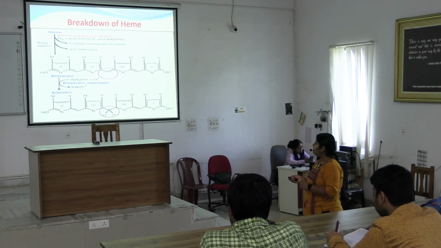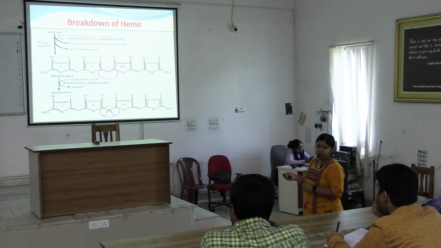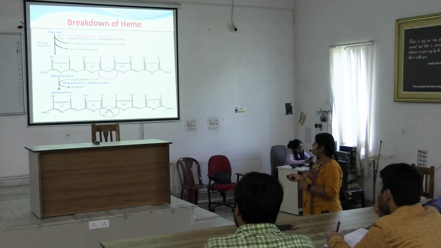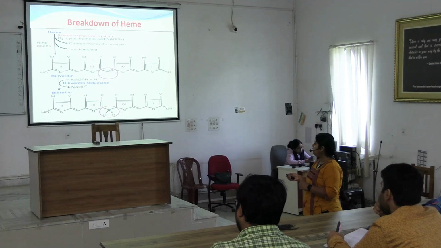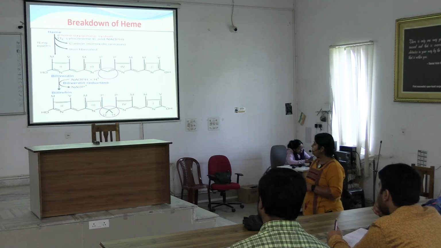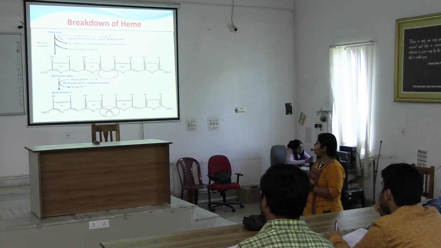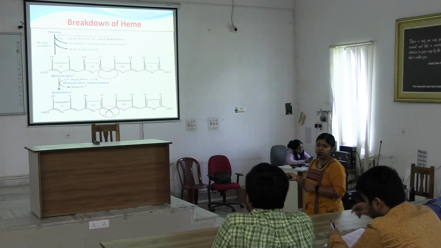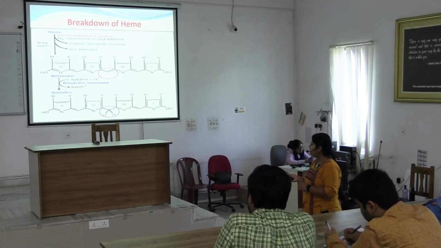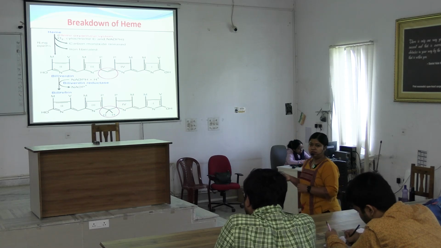Right? Now look, a reductase enzyme acts on linkage 3 and 4, the gamma linkage. So it is reduced and the double bond linkage is converted into a single bond linkage. So the difference between biliverdin and bilirubin is the presence of a double bond in biliverdin in the gamma bond region, whereas there is no double bond in bilirubin in the gamma bond region. Clear?